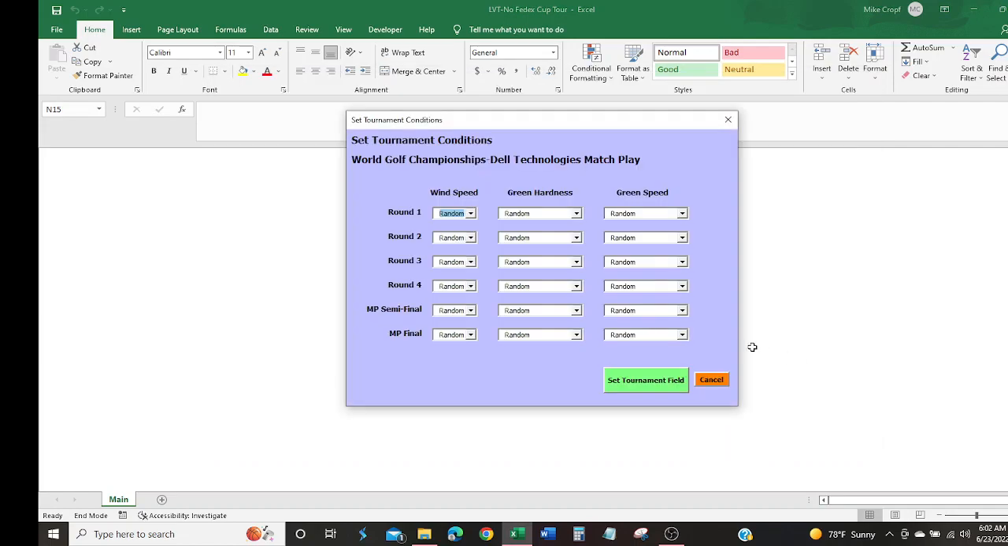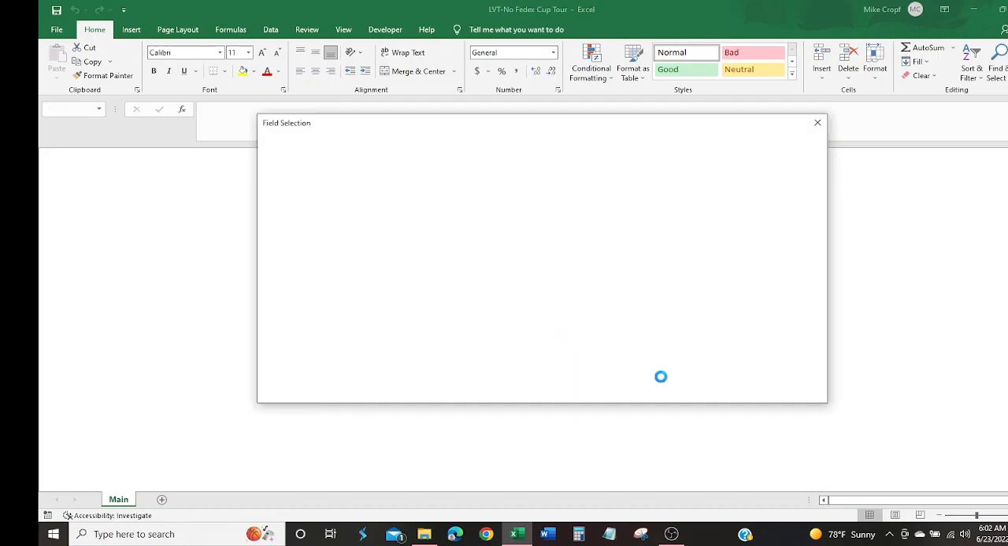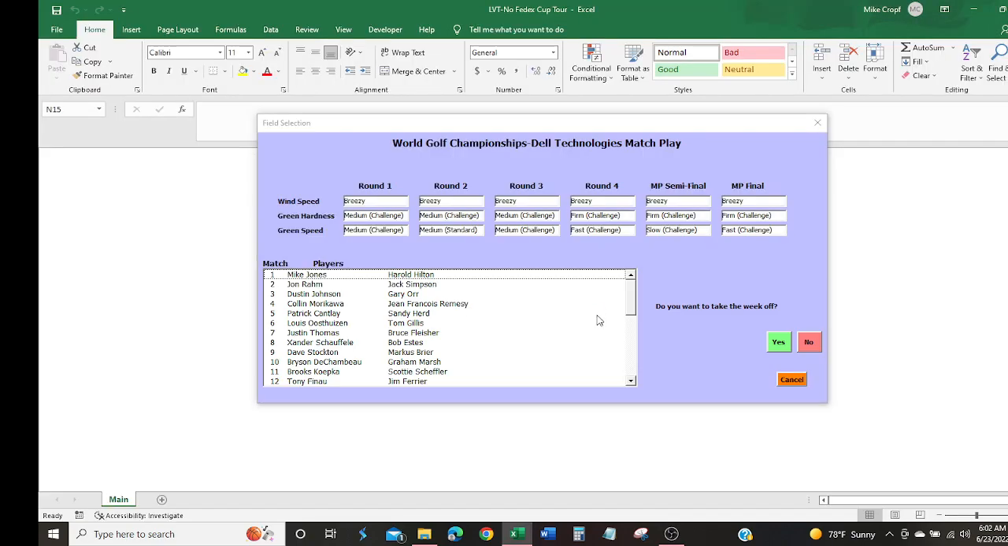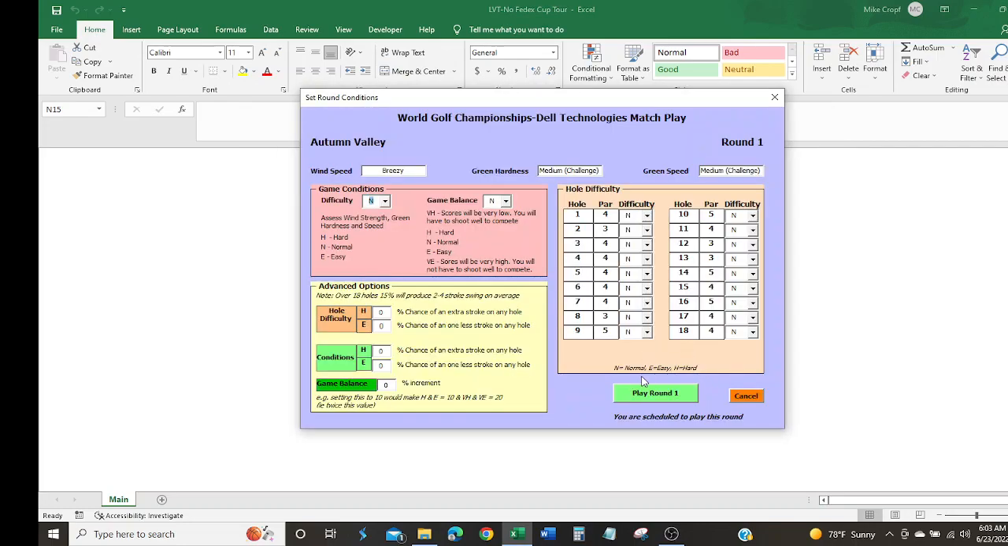So we play the tournament, set up the tournament conditions, the field selection will be made, and in this case I've put myself to where I will play, so you can see what it looks like. You could take the week off and it'll be substituted with someone else, but there are 64 players, the matches, so we don't want to take the week off. Let's set the round conditions. We're going to play the round,